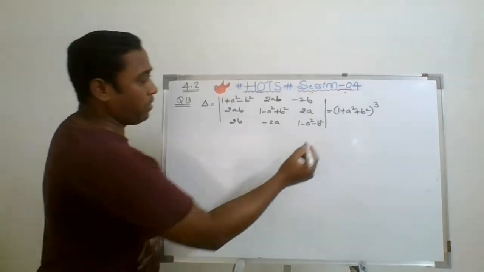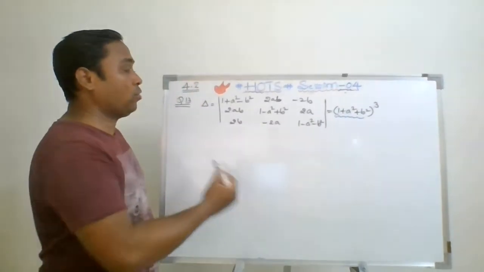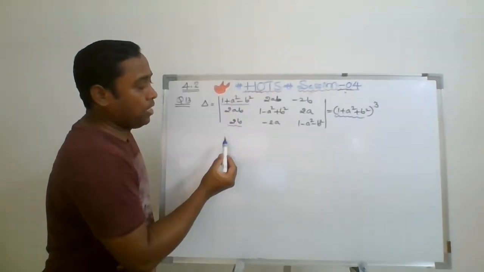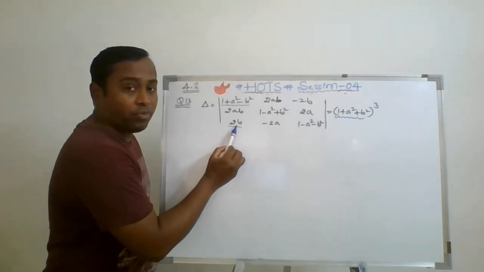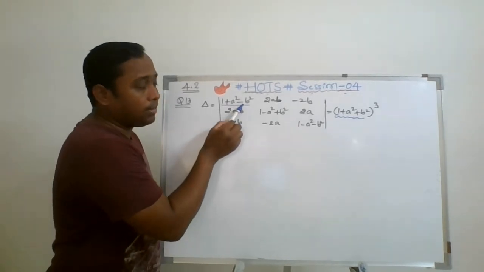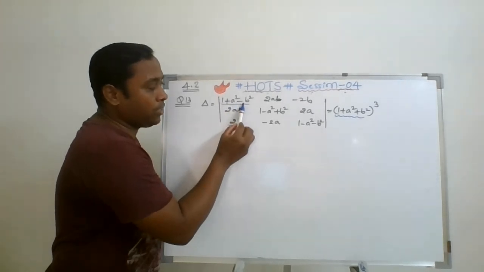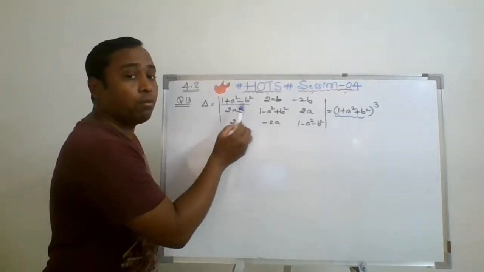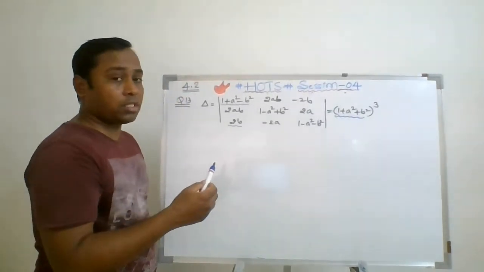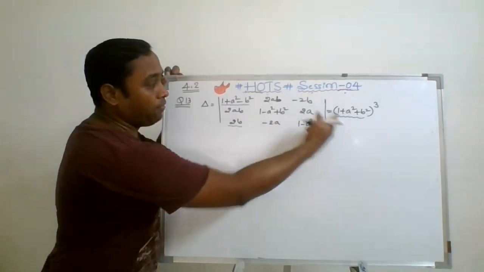Now, my focus is how to get this factor 1 plus a square plus b square. So I am just trying to link this element and this element. If I multiply this element with b, it becomes 2b square. If I add 2b square to this, so ultimately this factor reduces to what? 1 plus a square minus b square plus 2b square will give plus b square. So I am able to get this. So this is the thought process to start the question. So I am just doing that first to get the factor.